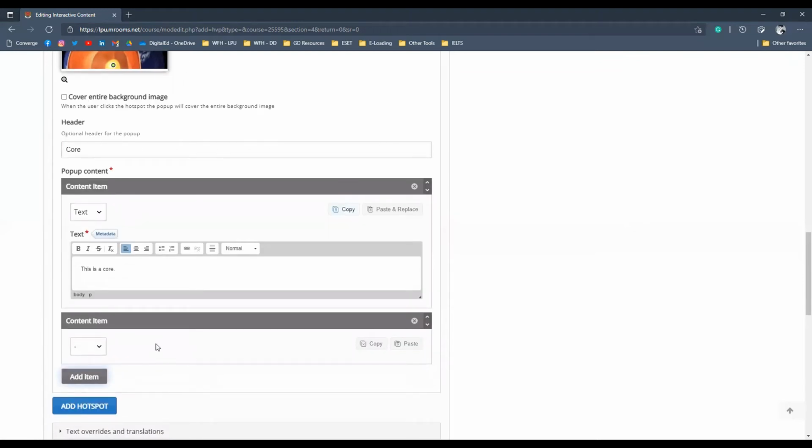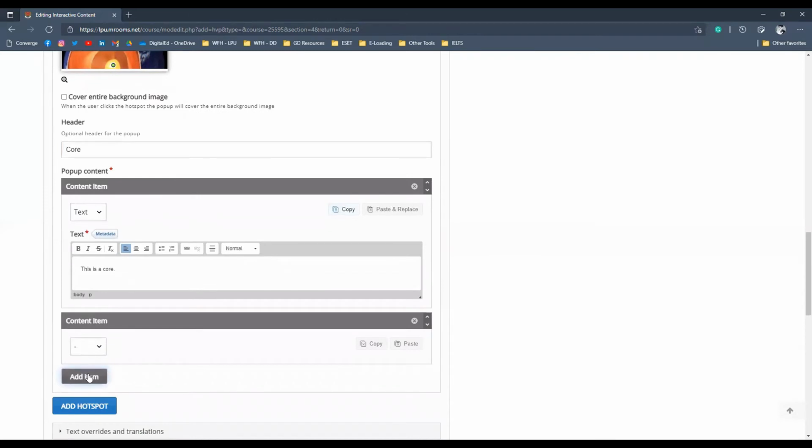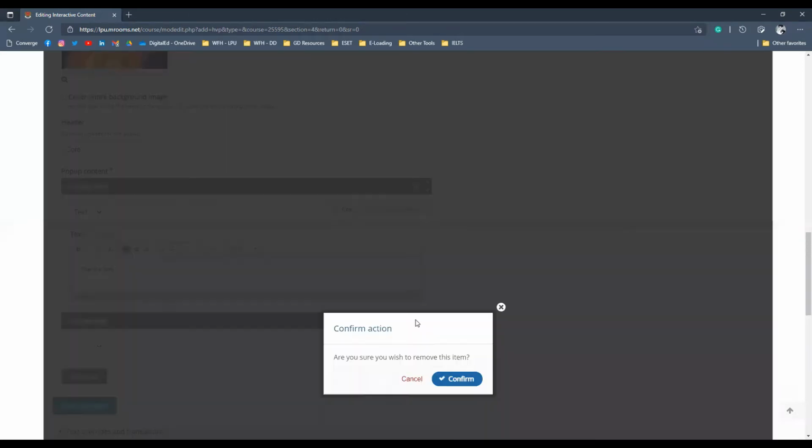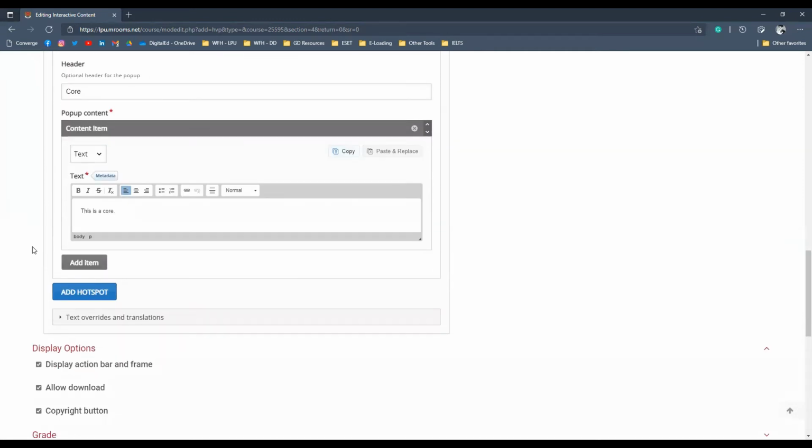Kung gusto nyong mag-add ng item or info about this, pwede nyo i-click itong item. Pero kung gusto nyong isa lang, we can just leave it here. So, ayan. Then, if gusto po nating mag-add ng another hotspot doon sa image, sa pinakababa may makita tayong add